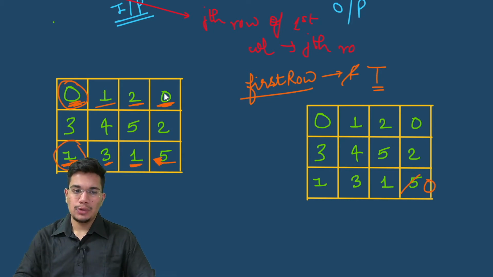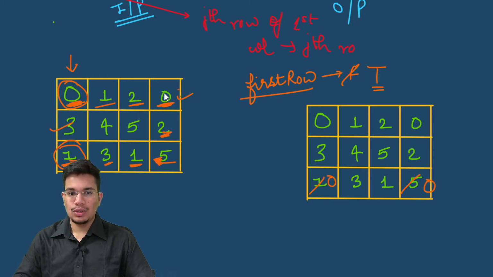Now we come to this value. So for this, we will check itself and the value for this particular column, which is this value. If any of them is 0, since we clearly see that this is 0, we will have to change it to 0. And now we come to this value. For this, we'll check this particular value and this value, since this is 0, we will have to change this to 0. Then for 5, we will check this value and this value, none of them are 0, so we won't change it. For 4, again we'll check this one, and 3, none of them are 0, so we won't change it.